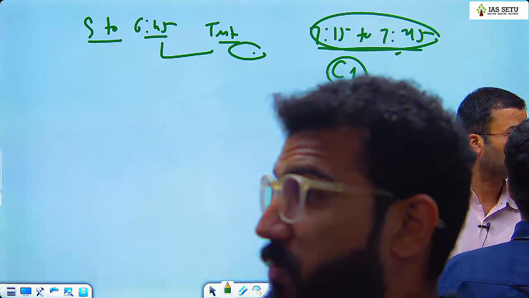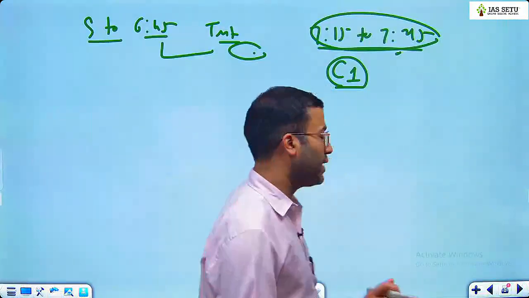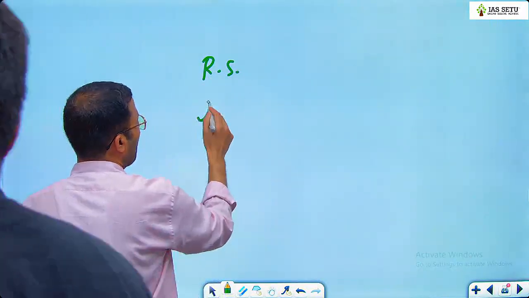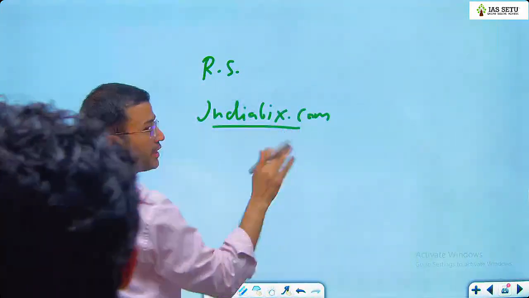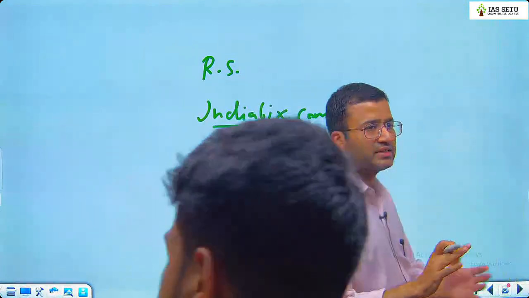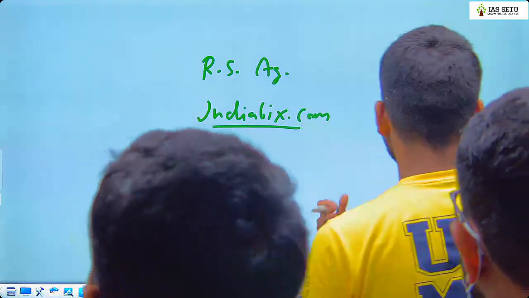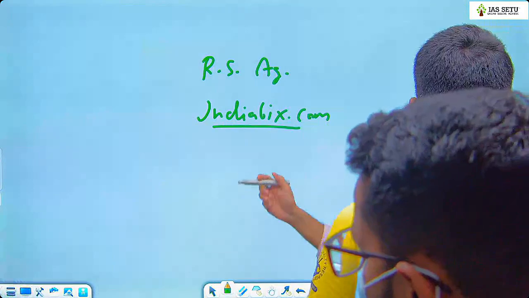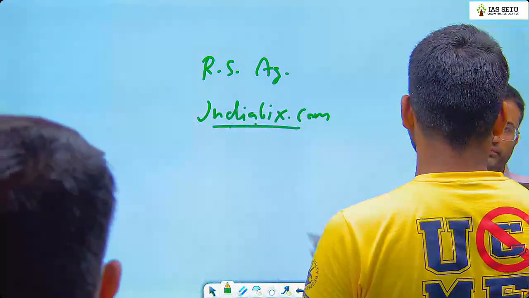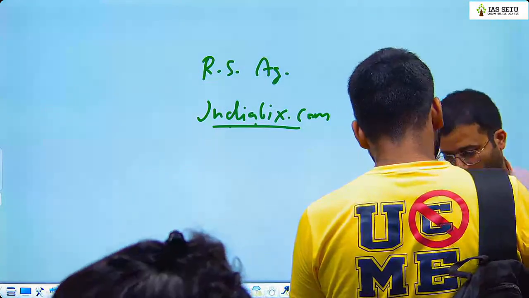उसके लिए फिर प्रैक्टिस कर लेना, क्वेश्चंस कर सकते हो, रूल ऑफ इंडिसेस। आगे काम आएगा. See, if you people want to do extra practice, either you can refer RS Agarwal for basic questions, or you can practice some of the questions on number system from indiabix.com or any of the book you have. अभी ये बेसिक क्वेश्चन चल रहे हैं। बेसिक क्वेश्चन की अगर एक्स्ट्रा प्रैक्टिस करनी है, if you have RS Agarwal with you, you can try. If you have Arihant with you, you can try that. If you don't have any book, indiabix.com, उसमें से क्वेश्चन प्रैक्टिस कर सकते हैं।